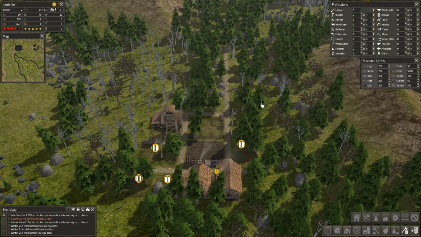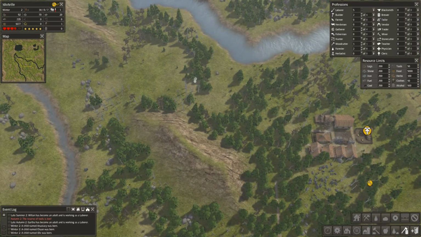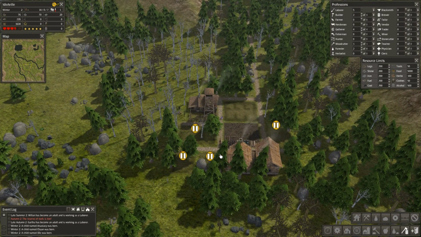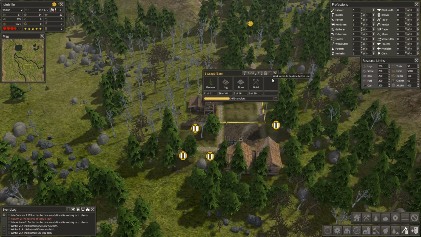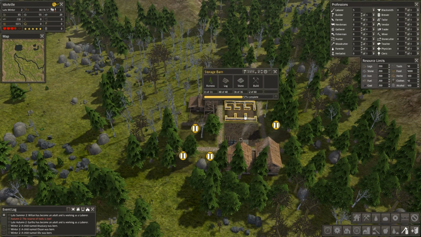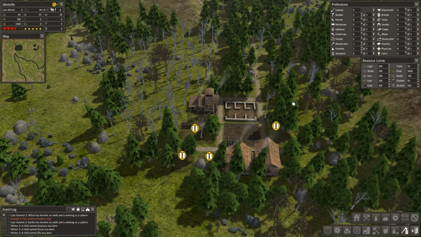And we are starting to get tools, because, well, we did remove the wagon from it, our initial wagon of goods. So we are getting logs. We should have enough stone for it. So yep, we are going for it. We are building it. So after it's fully built, we will go and build the